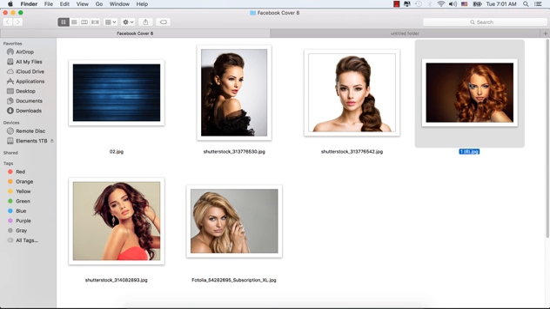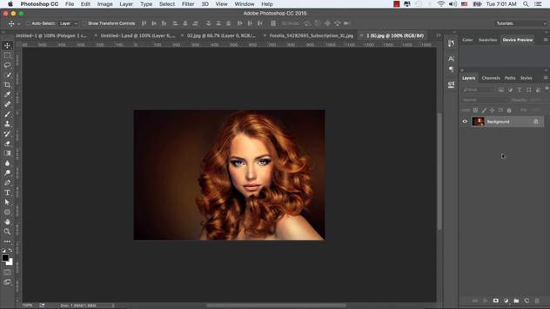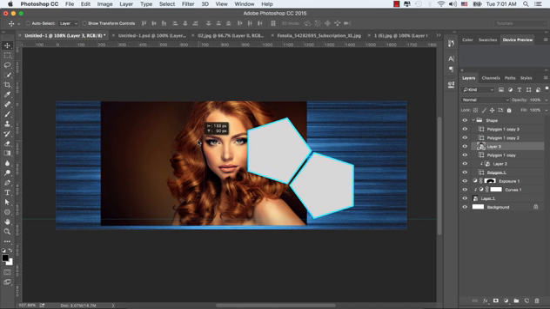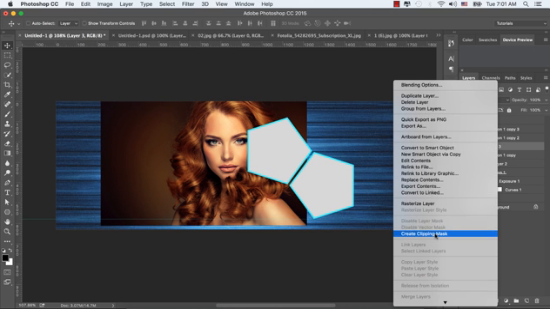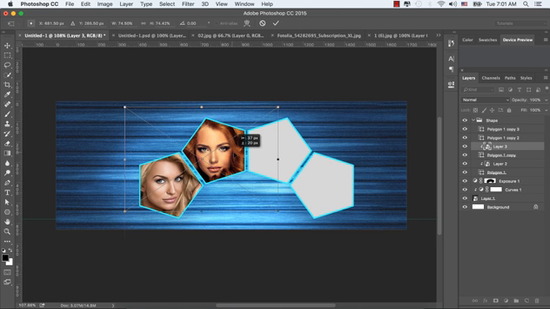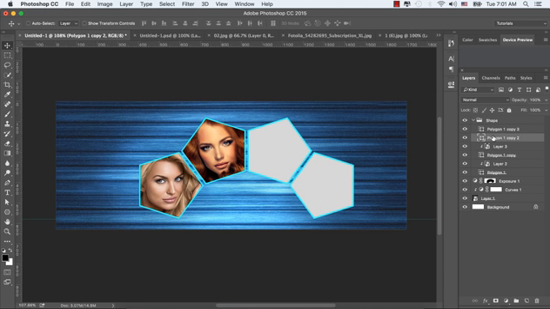And let's bring another model image from the image folder, convert it to a smart object, and make sure this image layer would be on top of the polygon 1 copy, and create a clipping mask by clicking the mouse right button, and again Ctrl or Command T in order to transform the model image. Let's bend it a little bit to the left side as our shape is, and click OK in order to accept it.